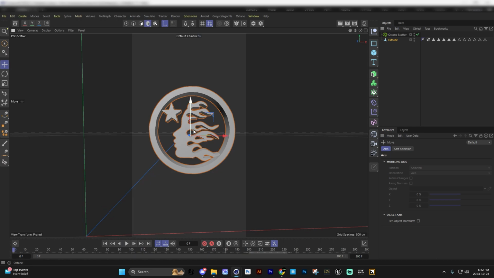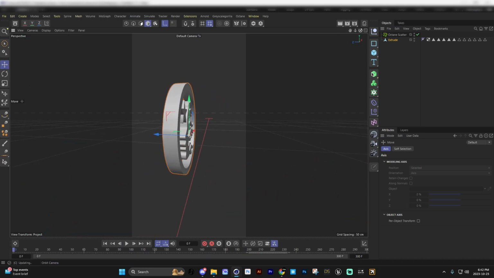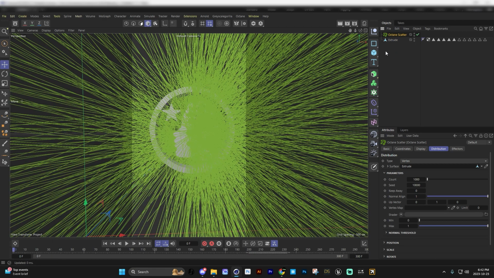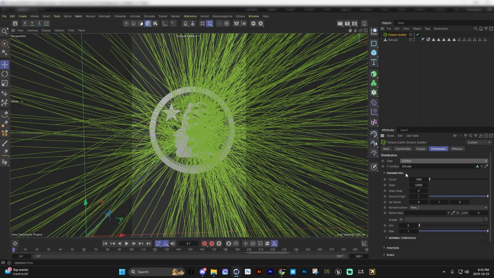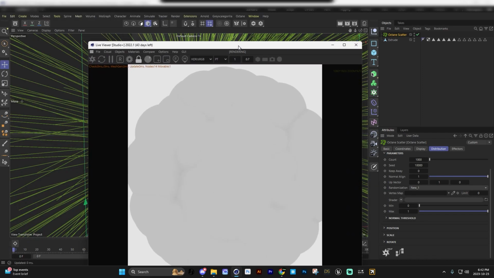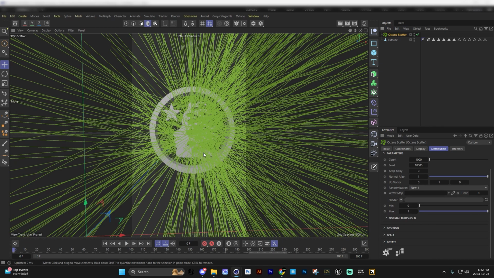Or not Control Delete, but make it like one. My bad. All right, boom, there. Now we want to drag in the Hellstar logo. Make sure it is the surface. Make sure to type the surface. And then as you can see on here, it looks crazy on my Octane live viewer, but we're gonna fix that in a second.